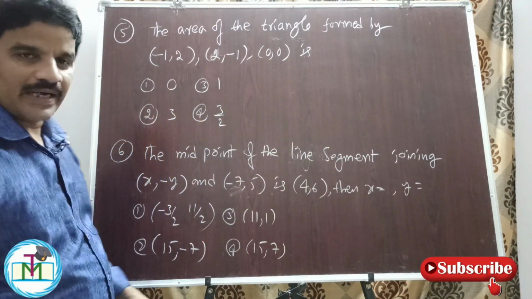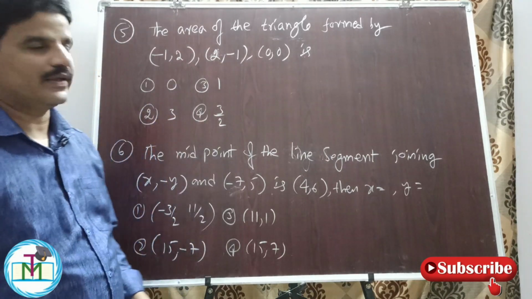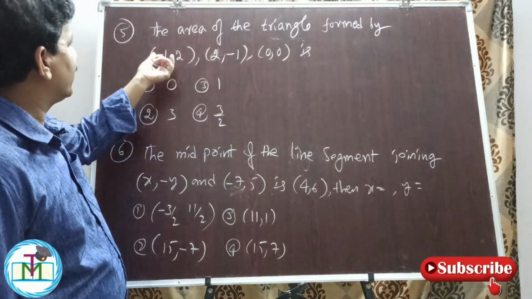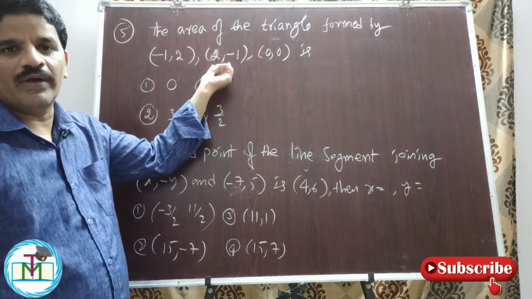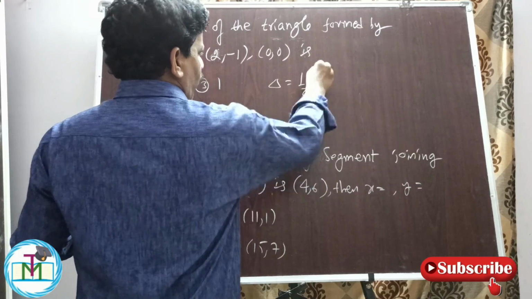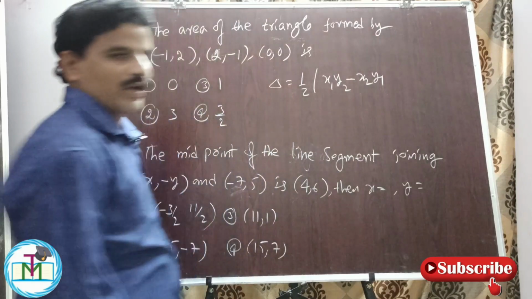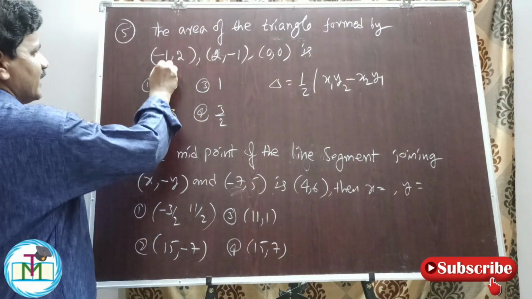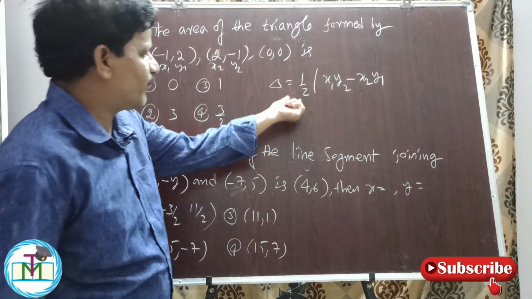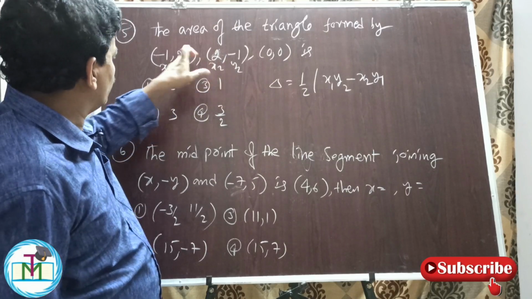So here these triangle problems are very important. Here the area of the triangle, I gave you one formula here. Whenever one vertex is origin, you have only x1 y1, x2 y2. There is no x3 y3. In that case, area of the triangle formula is 1 by 2 into x1 y2 minus x2 y1. The formula is very clear. So this is x1 y1, this is x2 y2. The formula is half of x1 y2 minus x2 y1.